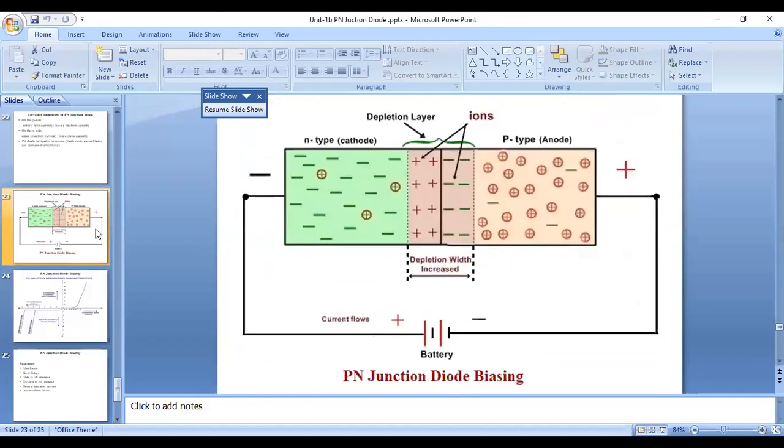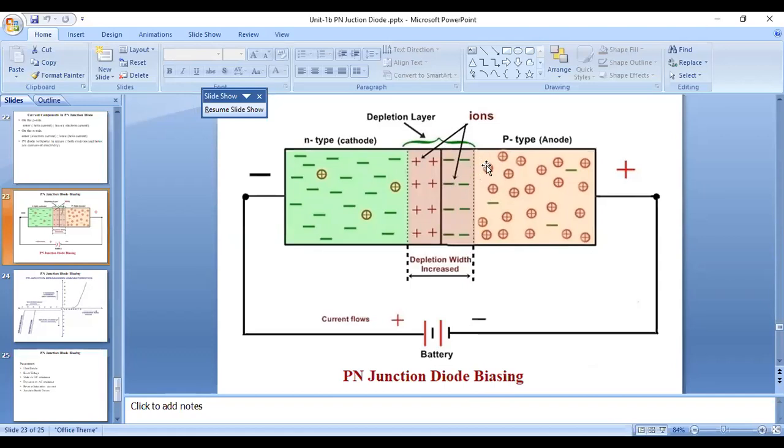Similarly, in the reverse bias direction, the positive terminal is connected to the negative side and the negative terminal to the positive side. The depletion region keeps increasing, the resistance is high, and the flow of current is very small. With a further increase in the voltage level, the minority carriers in the n-type and p-type semiconductor material cause a flow of electrons, the covalent bonds across the junction break down, and the minority charge carriers move across the junction.